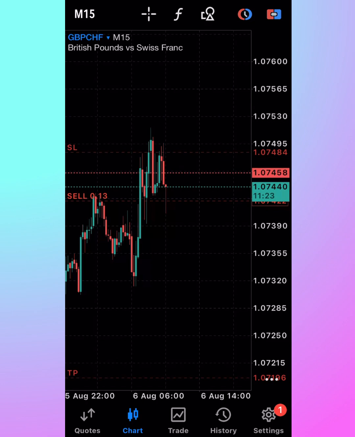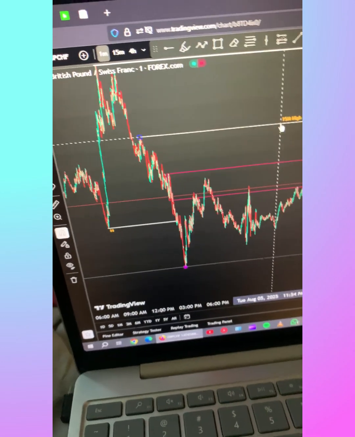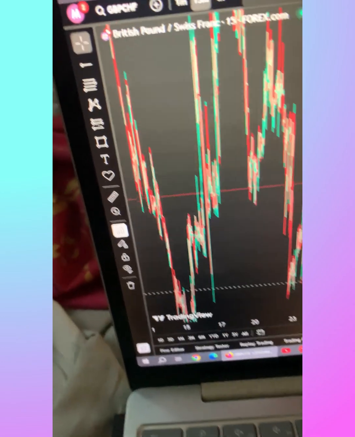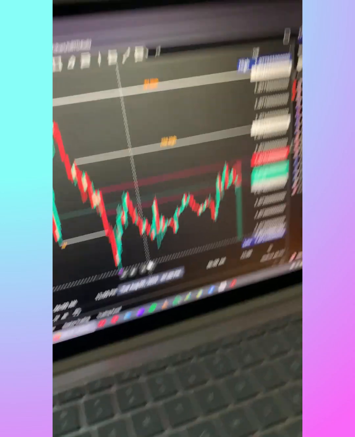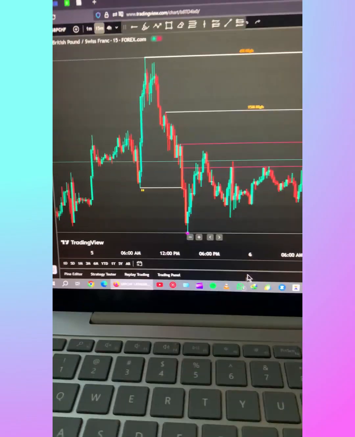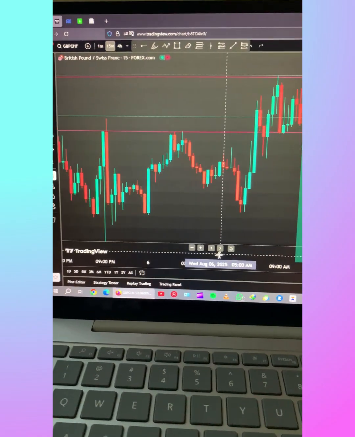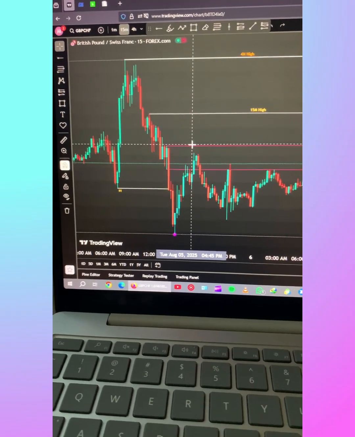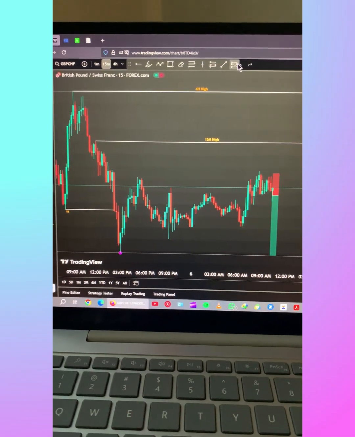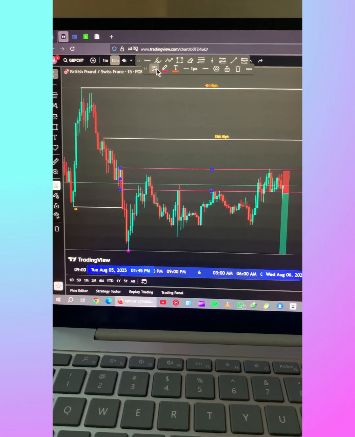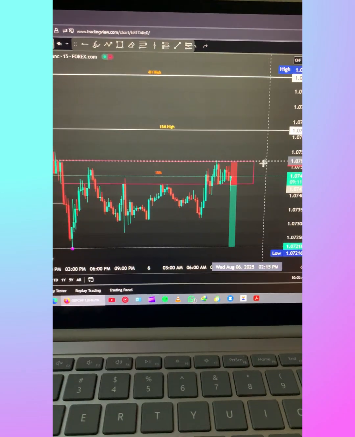Okay, guys, you realize that this GPCHF trade is on the 1 minute time frame, but that's not where the whole issue is. This was my zone yesterday. Look at this. This was the zone. So I marked this zone yesterday for price. It was a beautiful 15 minutes order block in direction with the 4 hours direction. So okay, I'll show you guys 15 minutes. And you look at this, that price came in,